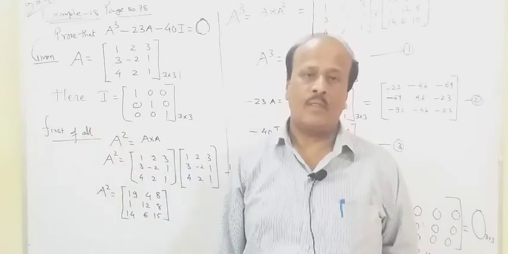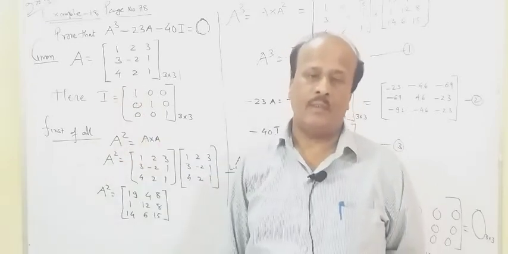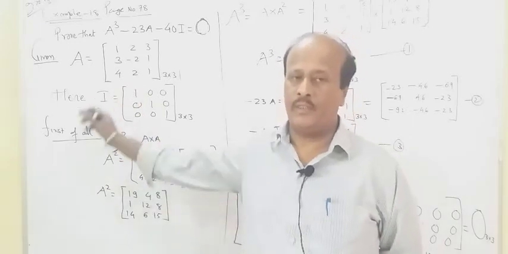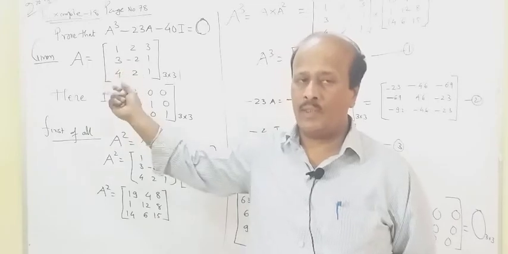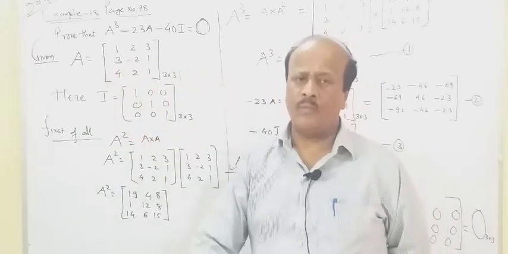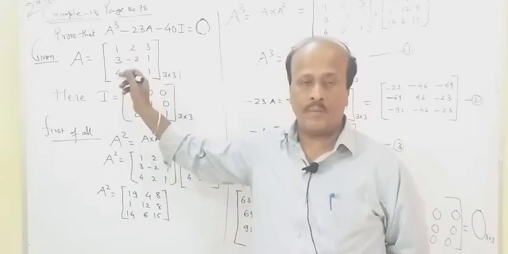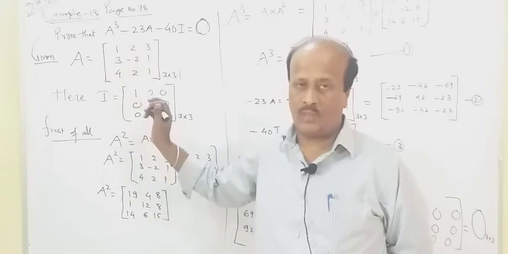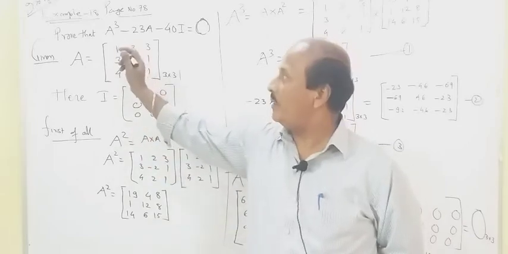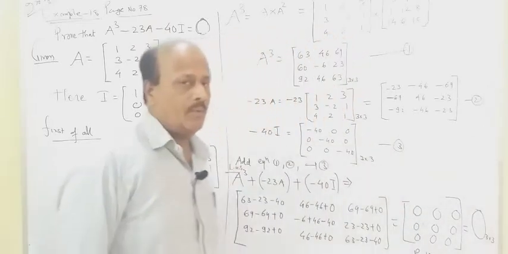So come on, what is that example? I have selected example 18. You go through the question papers, surely you will get this type of question, and sometimes it comes for 3 marks, sometimes for 4 marks. If it comes for 4 marks, they will modify it a little bit, but the primary steps are going to be the same as what I am going to do just now. So it's example 18, page number 78. You just check the data from the textbook.